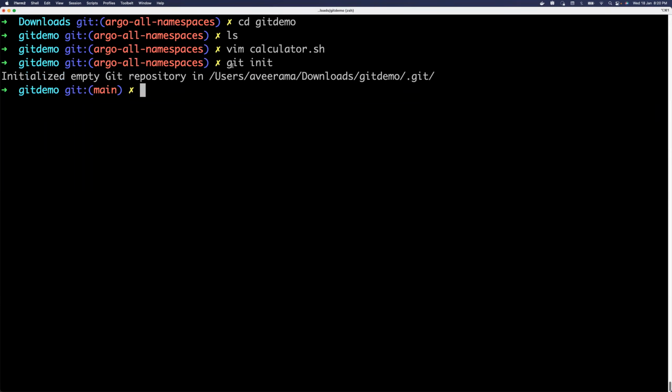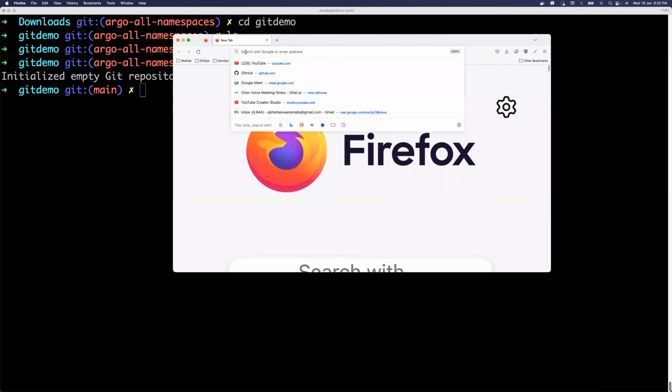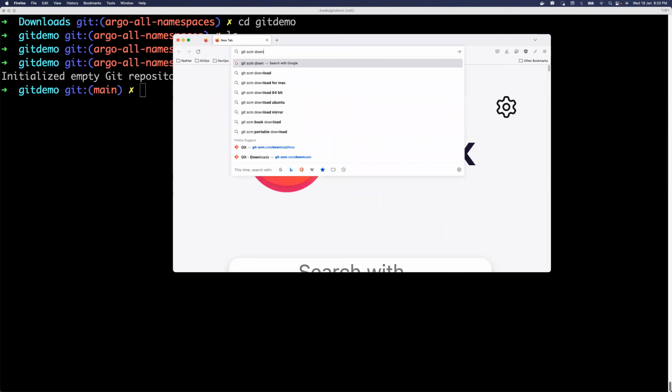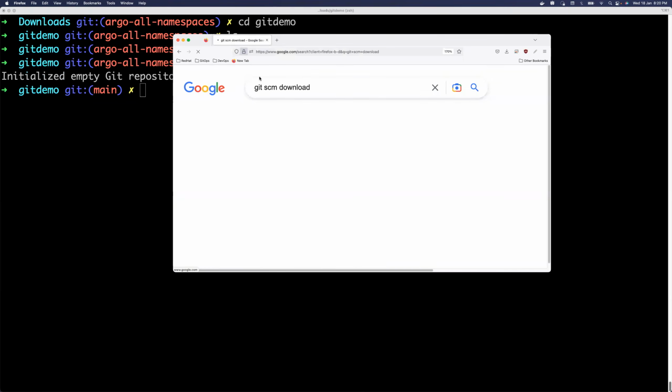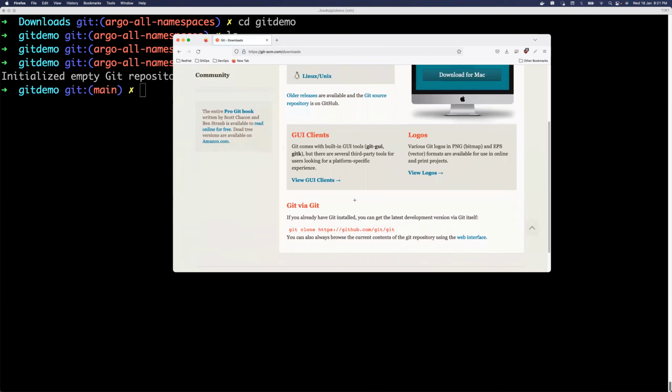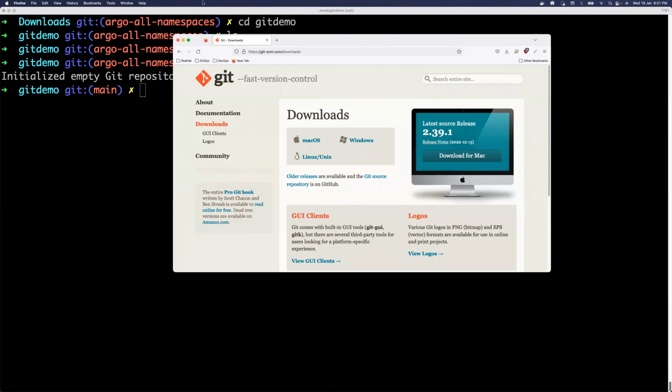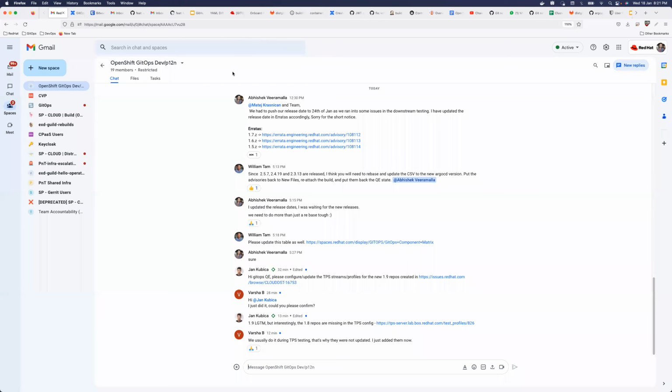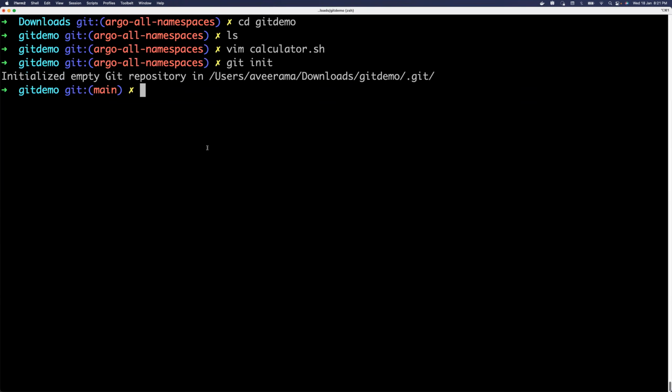Now, if somebody is thinking, how do I have Git installed on my local? It's pretty simple. I've shown in my previous videos as well. You can go to a website called Git SCM. So if you see here, just type Git SCM download. Okay, so you have this website where you can download Git for any distribution that you want. Currently, we are using 2.39. So I already installed Git here, and I have my Git running, and I initialized the Git repository using git